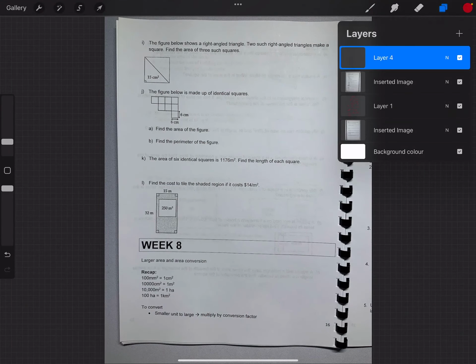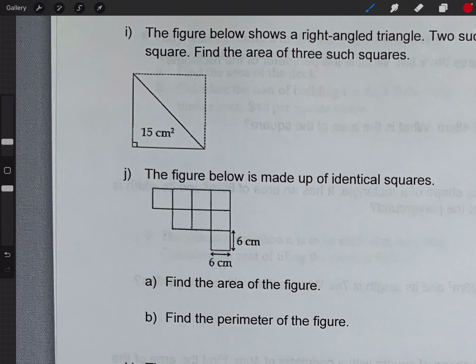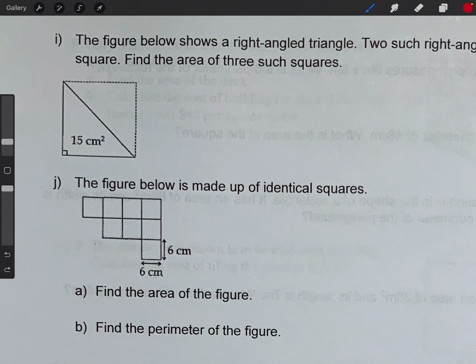Alright, next page. The figure below shows a right angled triangle. 2 such right angled triangles make a square. That's true. So here's a right angled triangle, and if you have 2 of them connected together, you get a square. And the only reason it makes a square is because this length is equal to this length. It's not just any right angled triangle. For example, if I have this right angled triangle,